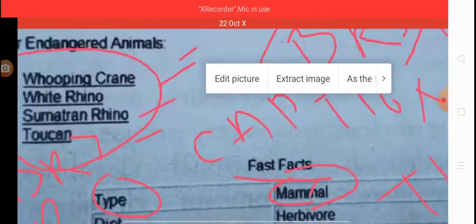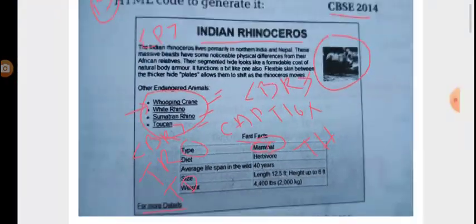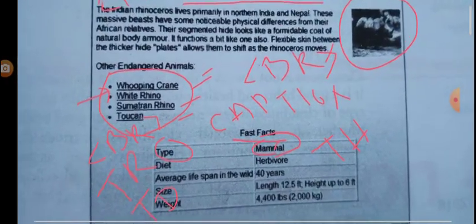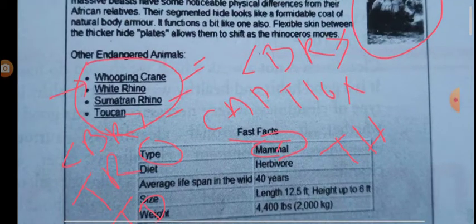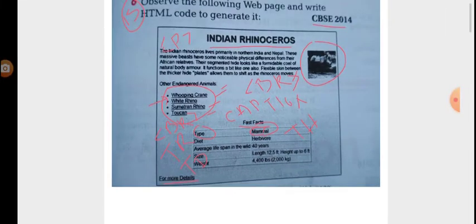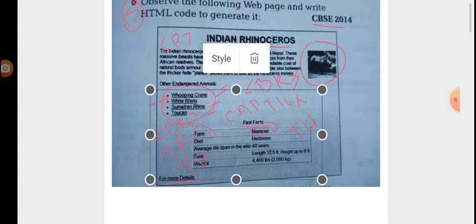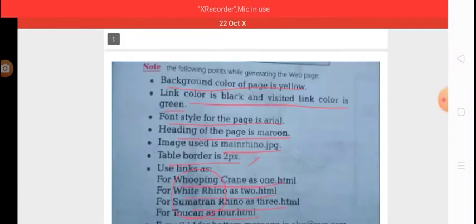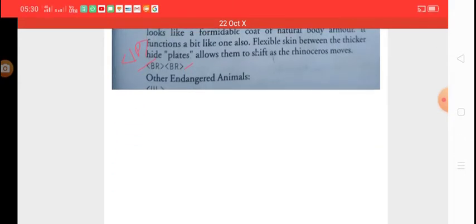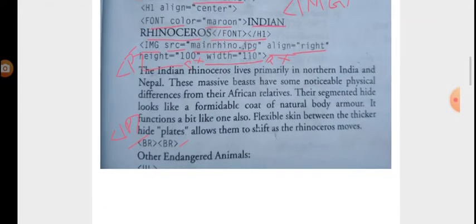This is the web page. Space is given just after the paragraph. Okay, so we use the br tag for that purpose. So we use two br tags.